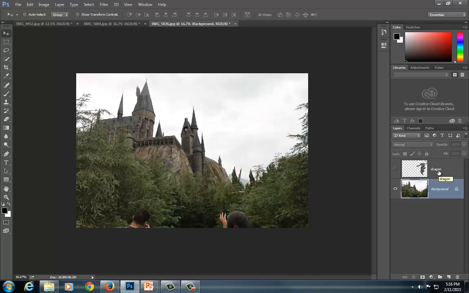Now if you went in and clicked on the dragon layer first, then you need to go back and click on the background layer. So what I'm doing is hiding these other layers, so that I can concentrate on editing this image. You see these little visitors down here, they're viewing this castle down at Universal. So I'm going to simply select this area,